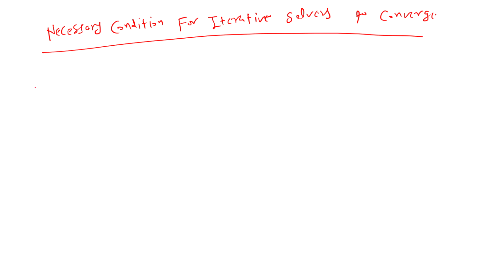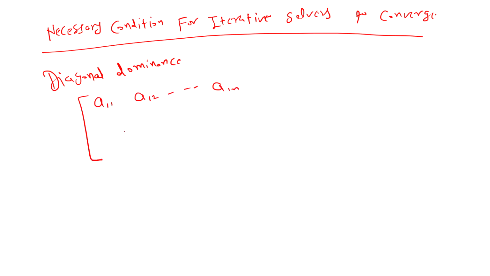In this video we will talk about the necessary condition for an iterative solver to converge, and that condition is called diagonal dominance. So we have a matrix that is given as A11, A12 going up to A1n, then A21, A22 going